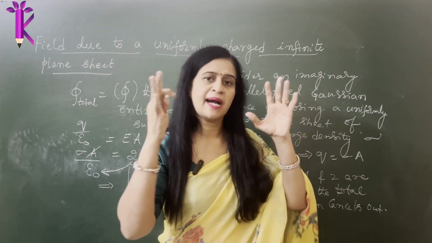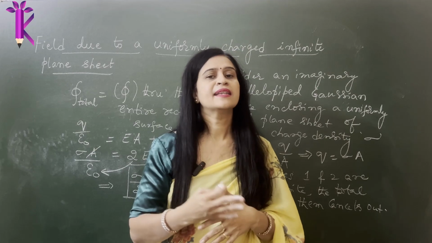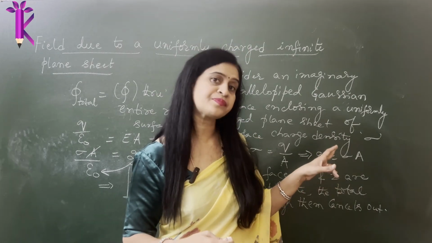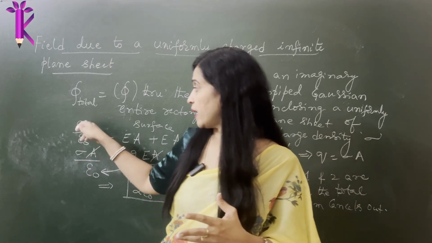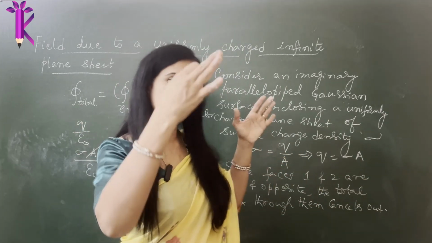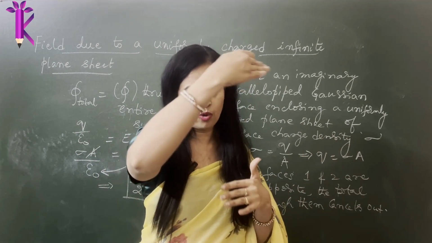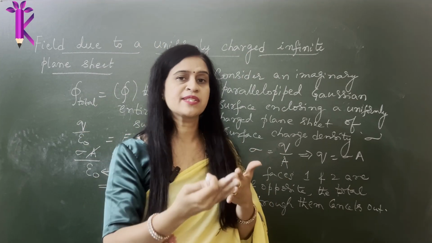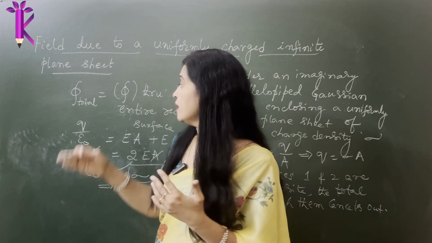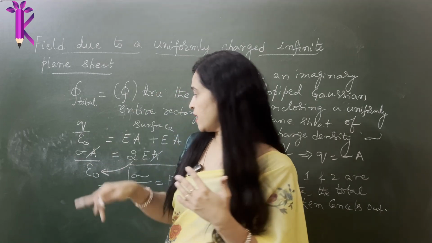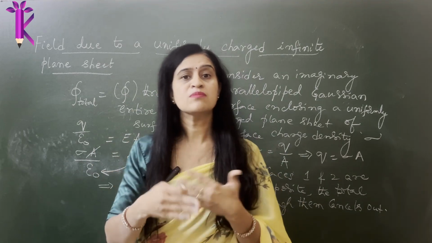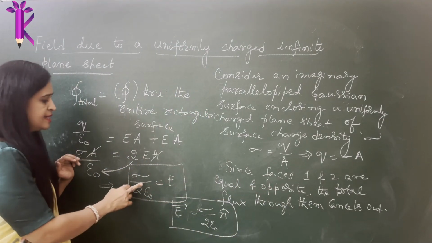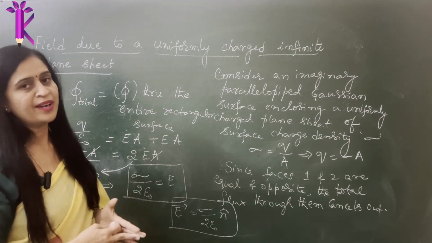You first say you are imagining a Gaussian surface and then you say it has so and so surface charge density. Arrive at the expression for Q because we require it here, and then we say due to the opposite faces they cancel out. The only part that contributes is in the cylindrical part, the infinite long wire, it was the curved surface which was 2 pi RL. Here it is the entire rectangular face. They get added up so that it becomes 2EA and A gets cancelled and we end up arriving at sigma divided by 2 epsilon naught.